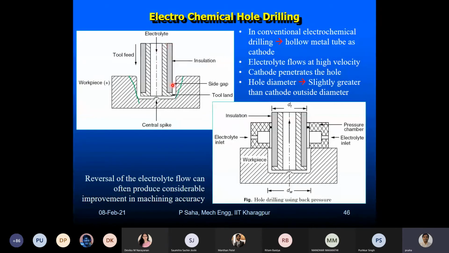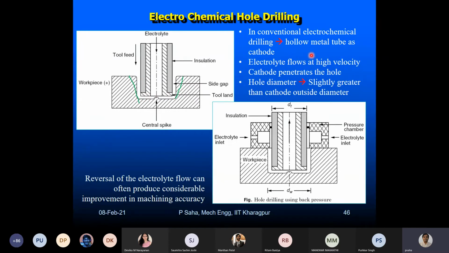Okay, this is your tool. This side of the tool has to be insulated, so we have insulated it. Had you not insulated it, the machining profile would have been somewhat like this green colored thing. In order to avoid that, only the frontal portion is machining, and we keep on creating the cravat so that even after the little overcut, you get a straight face like this.